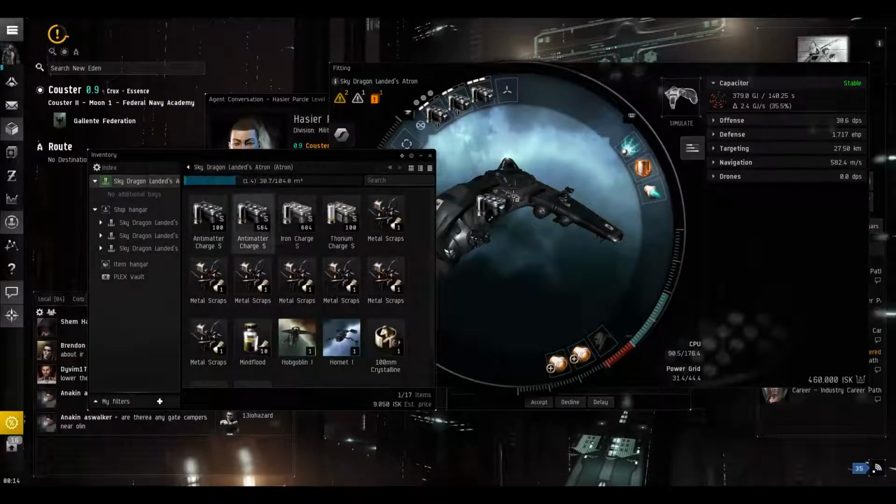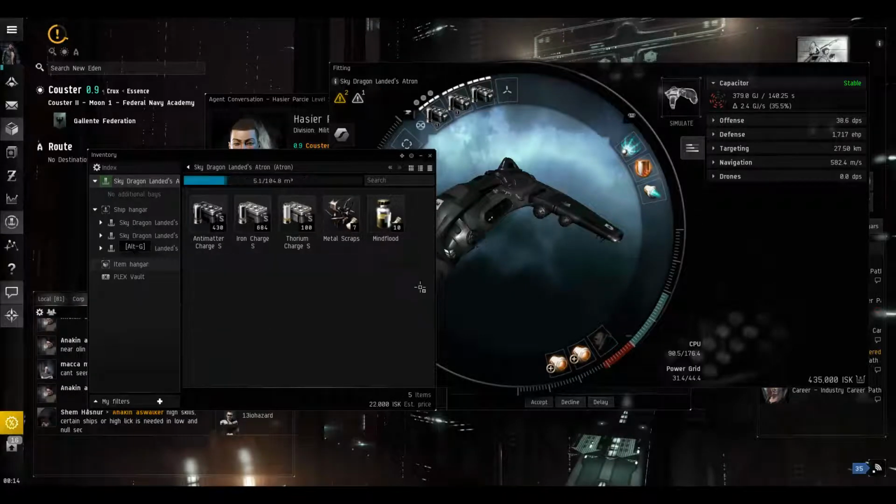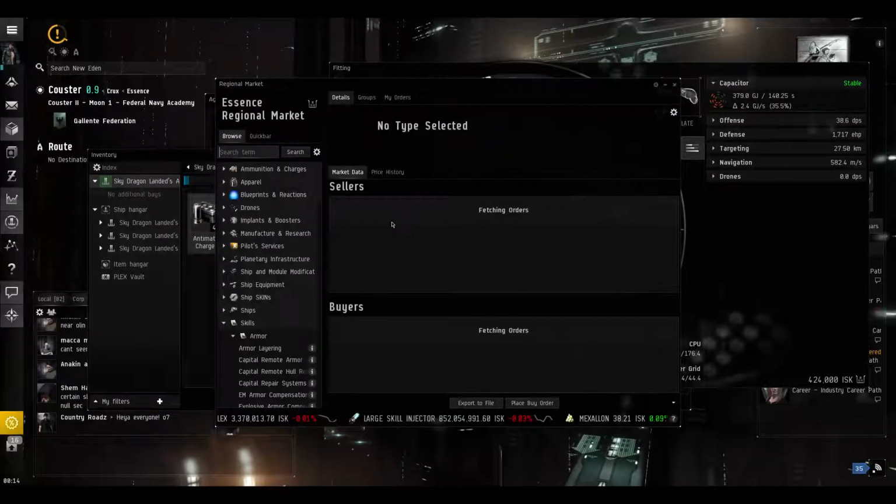It'll be super sick, though we're going to run out of ammunition pretty soon. They give you iron charges, so we're going to have to figure out how we get ammunition. Do we just build it? Maybe it would take too long to build it. Maybe we would just go view market details and buy it or something, because building it doesn't really save you